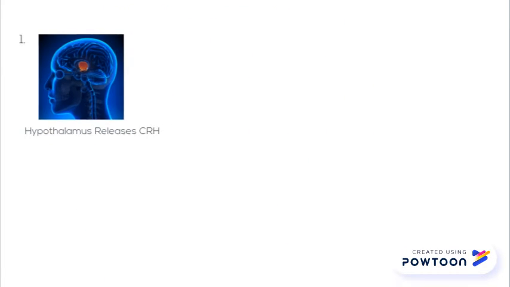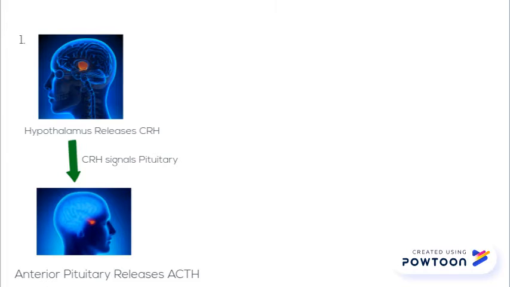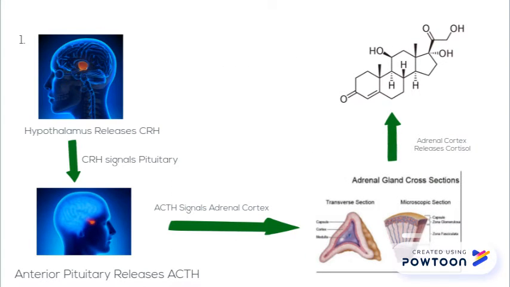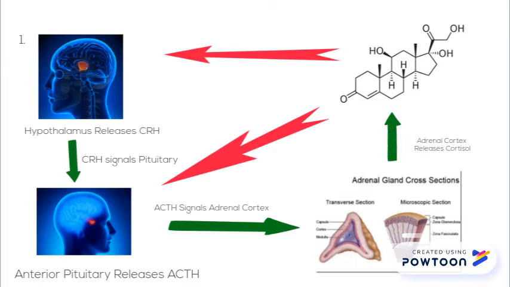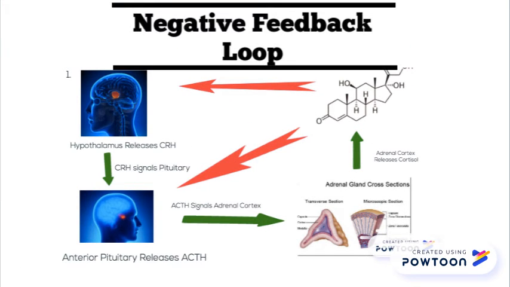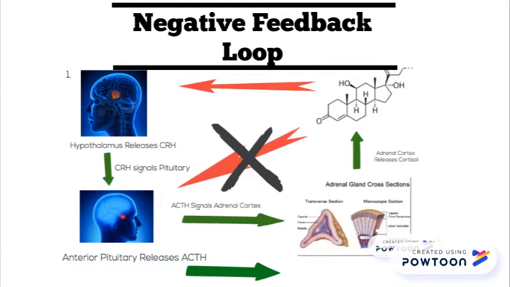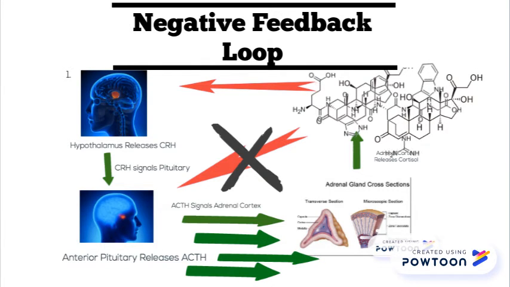So, as discussed previously, the hypothalamus releases CRH, which signals to the anterior pituitary to release ACTH, which then tells the cortex of the adrenal gland to release cortisol. Cortisol then inhibits the production of both CRH and ACTH in the hypothalamus and the anterior pituitary, respectively, resulting in a negative feedback loop. However, in Cushing's disease, the growth of the pituitary results in the pituitary not being able to detect the amount of cortisol present in the body. As a result, the anterior pituitary continues to release ACTH, which in turn results in an abundance of cortisol in